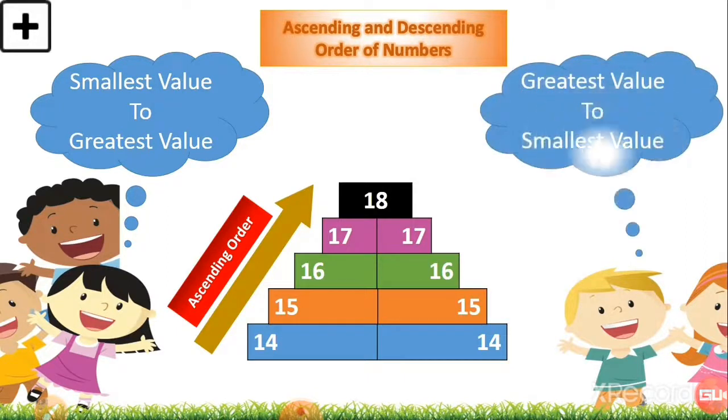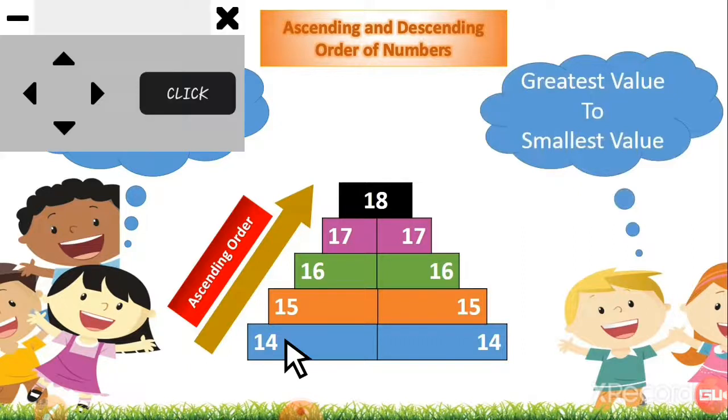Let's see this here, greatest value to smallest value. See here, you can see this thing here. Here you can see the cloud, next cloud here. You can see the arrow. See, greatest value to small value. Okay, so here you can understand you have to come down from the stairs. So it will be a descending number, greatest number to smallest number. See, now we'll talk about this side only, this side. Okay, this side only.